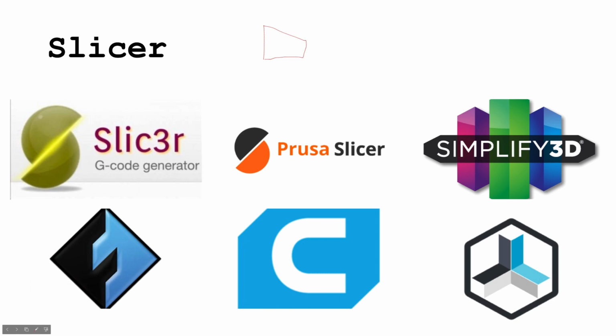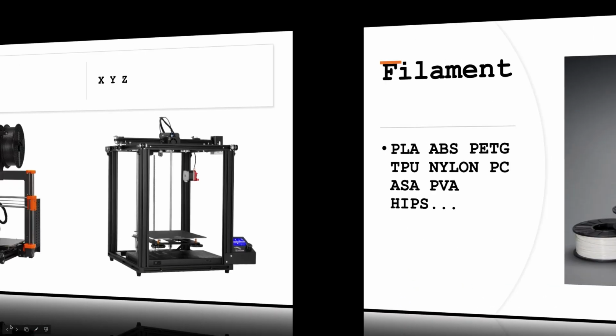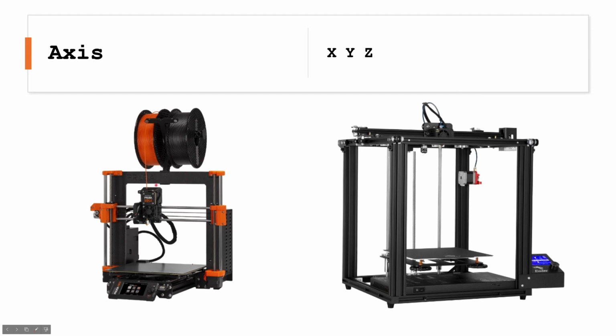So, basically, the printer actually doesn't know what it's printing. The printer is just reading code and doing what it's told to do. So, if we go back to a slide where you can see a printer, what the slicer will do is it'll take my 3D cube and turn it into code. It's called G-code. It'll usually be like G something something X and then like 107, Y something, like maybe 3, and then Z 5. And then extruder, and then it's more advanced than that,